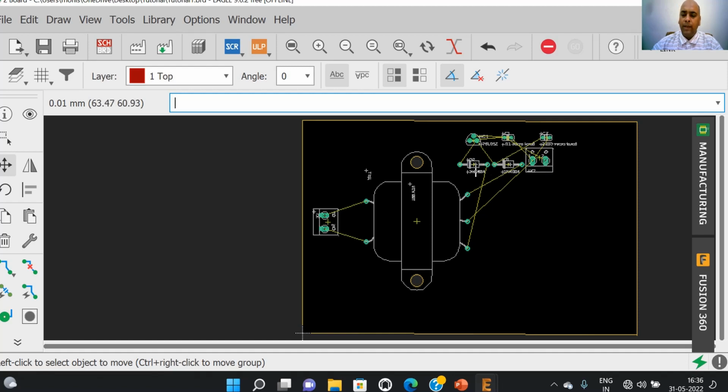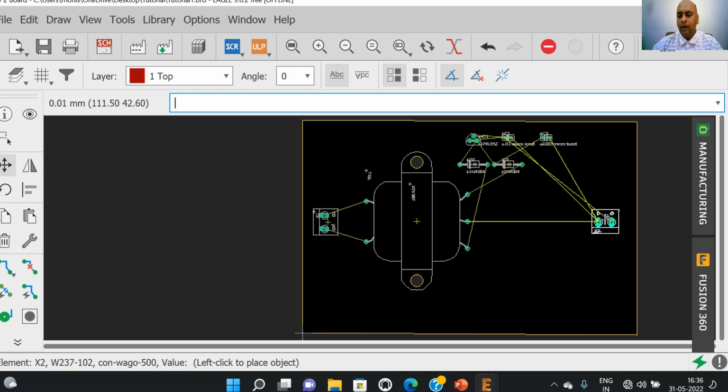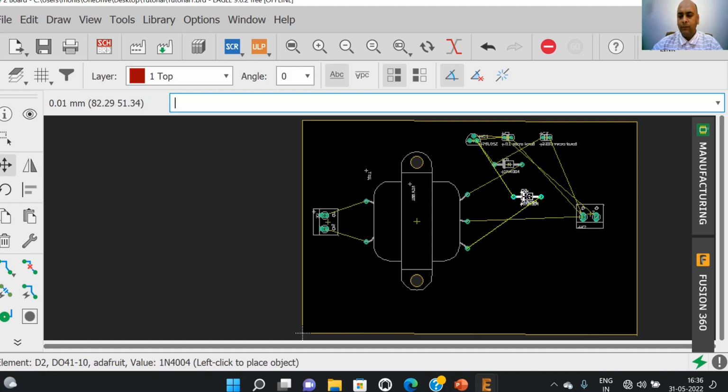So by using move and rotate commands, we can adjust the position of all the components on the screen.